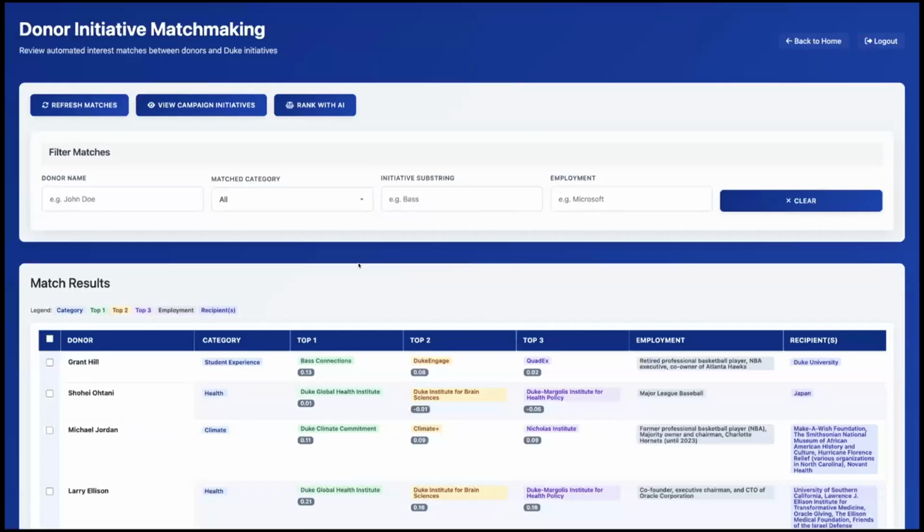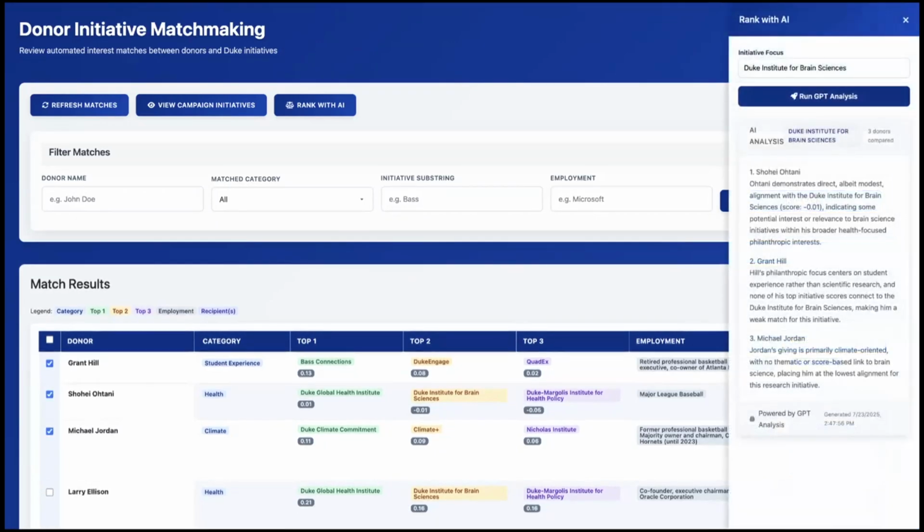And the next feature we have, which Kelvin will dive in greater detail shortly, is the donor matchmaking feature. It matches donors to specific Duke initiatives, which help align donor interests with Duke priorities. And we've also added a ranking feature to weigh which potential donors are better for certain initiatives. So you can select the donors and use our Duke GPT to rank how likely each donor is to contribute